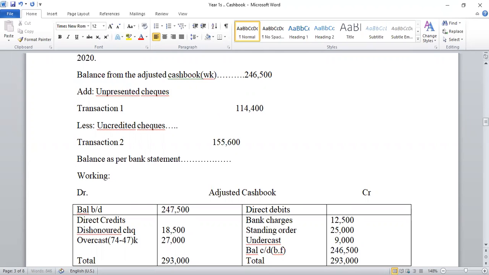Fortunately, I have only one, so I will not have to add and get. So I'm just adding that to be positive. Then I'm supposed to also less the unpresented check. So you can put it in brackets to make it negative, since I mean subtracting or lessing it. Okay, so when I add all these, I'm supposed to get the answer as the balance by the bank statement. So we can look at what we shall get and see.